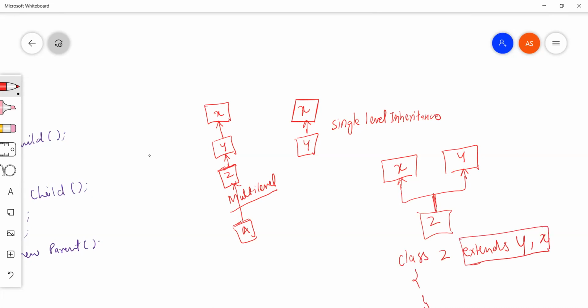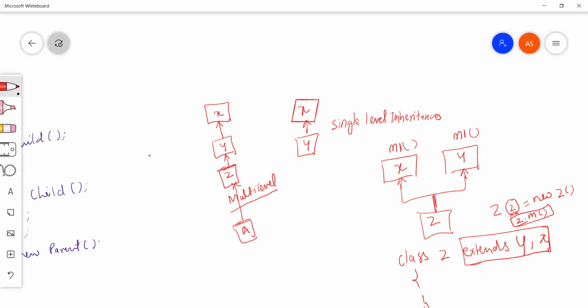Why? Java doesn't support this. The reason is basically to avoid any kind of ambiguity. What is that? For example, here we have a method called M1 and here we also have a method called M1, right? Now when we say Z z = new Z(), I'm creating an object of this class and I'm saying z.M1().